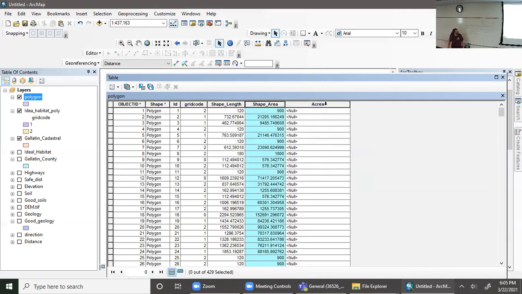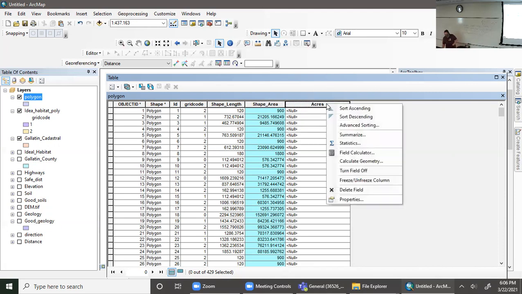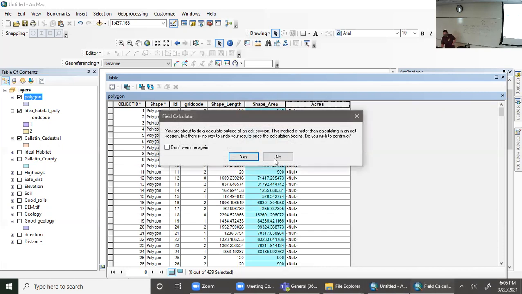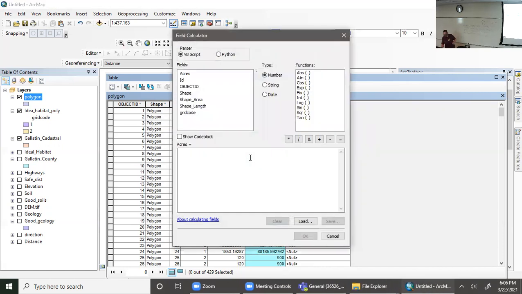Now it's going to come up with null data because I didn't put anything in it yet. But I know what these areas are in square meters. I can do a real simple calculation to convert that to acres. Right click. We want to use our field calculator. It's okay that we're doing it outside of an edit session. But we know what the shape area is. Double click. We want to multiply that by